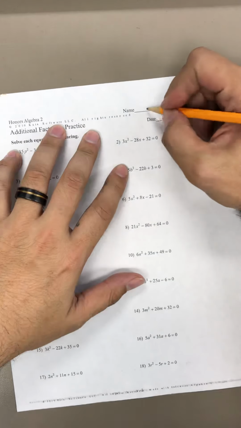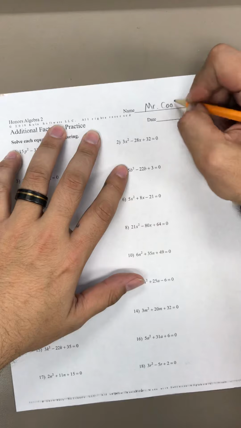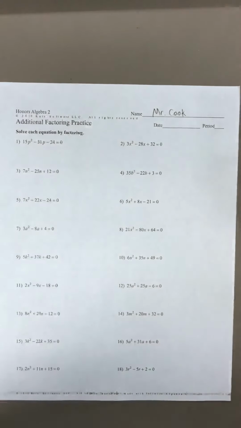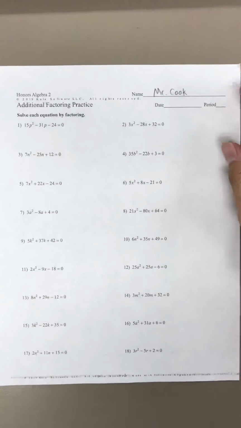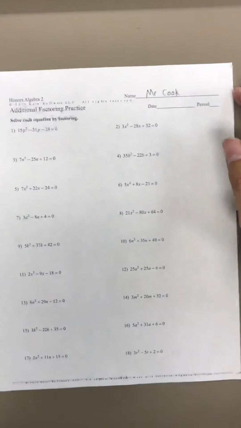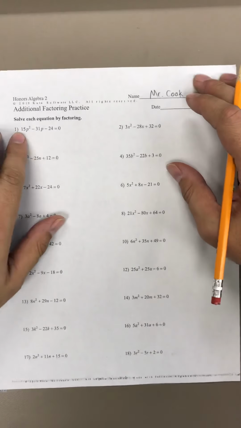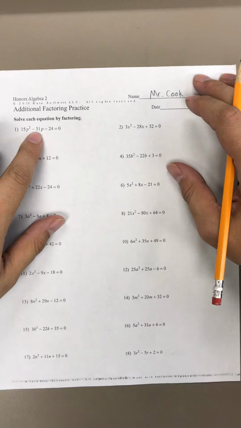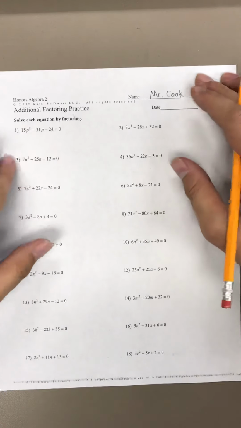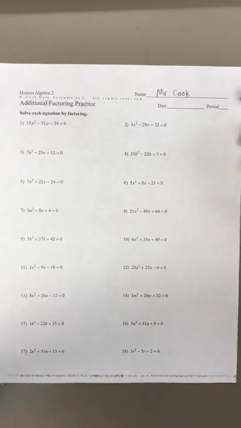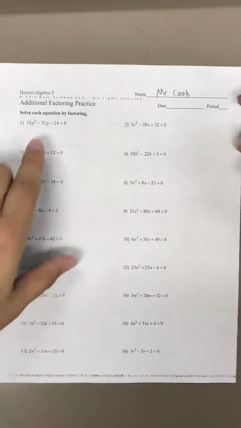Okay, so put your name up there, we go. Okay, so here we go, Mr. Cook, let's get to work here. So starting with number 1, we've got 15p squared minus 31p minus 24. So I've got to make sure that this is in standard form before I start the factoring